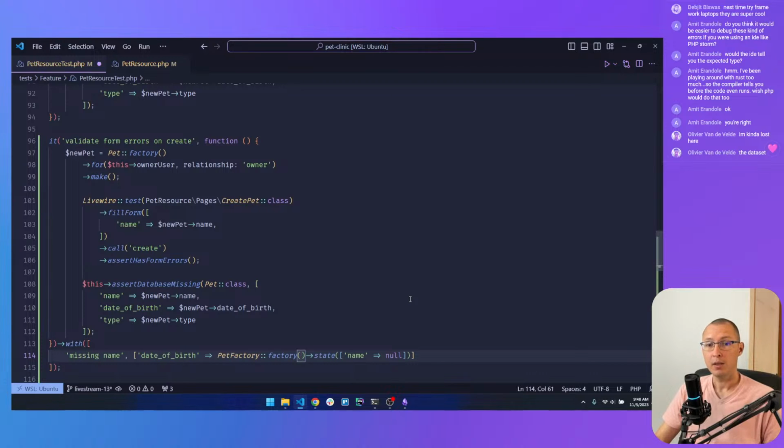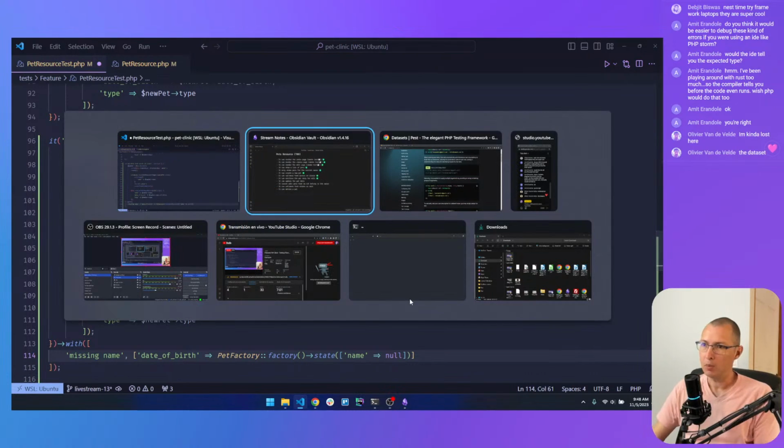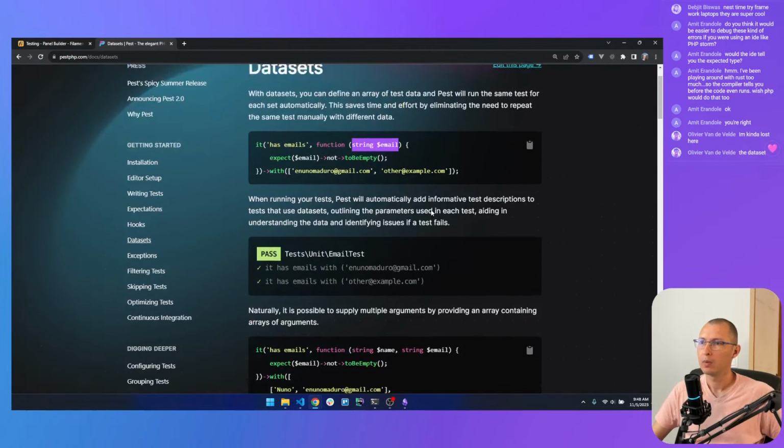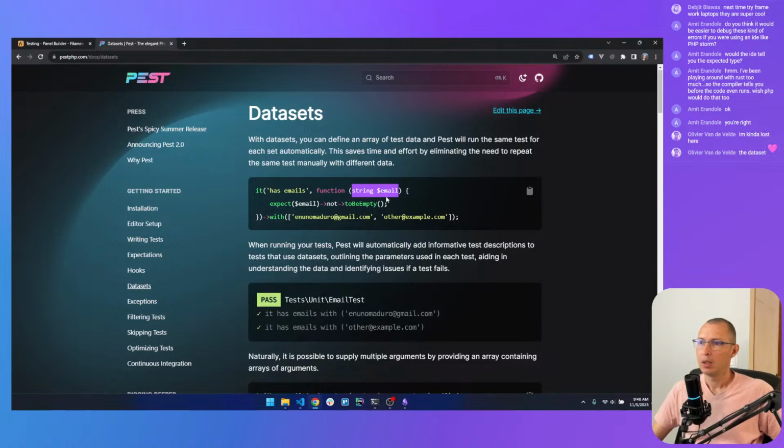The dataset? Oh, okay. So datasets. Basically, you can have a test that can run multiple times with different data. So from the documentation, for example, you have a test that expects the email to not be empty, right?